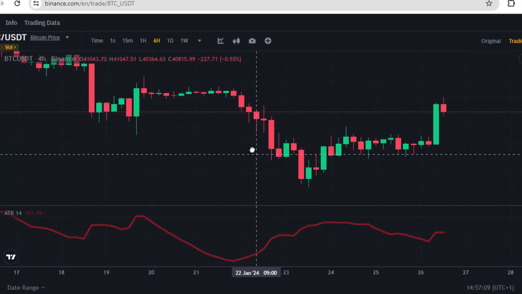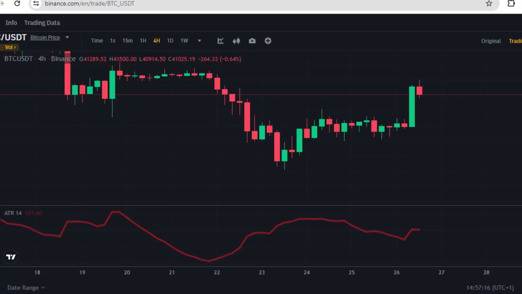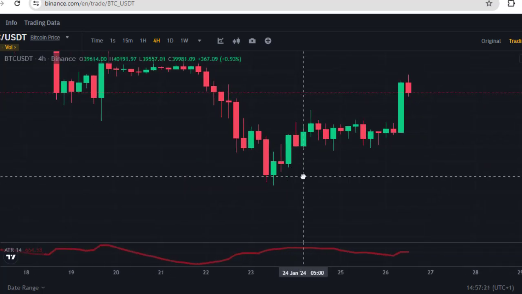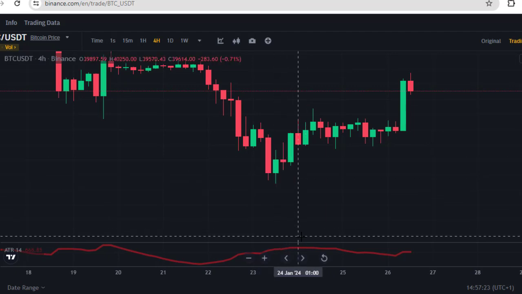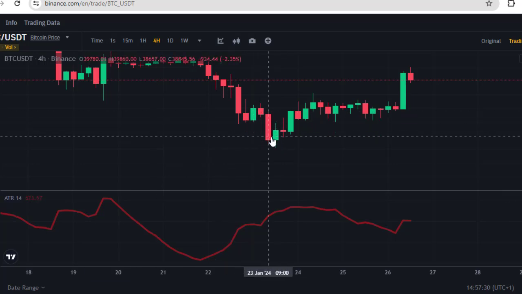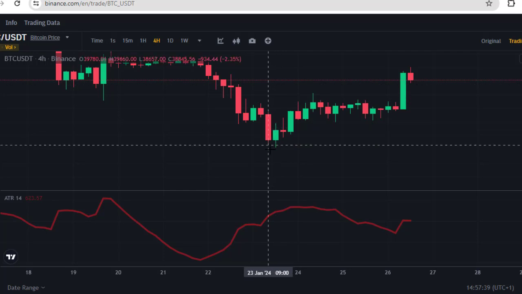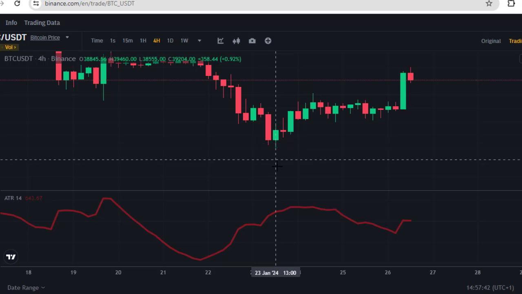So how can you then use the ATR indicator? So now I will talk about the ATR trading strategy and how you can use it. You use the ATR indicator for your stop loss placement. Okay, so if you look at the ATR value of this particular candlestick, you discover that the ATR value written right here is $643. What this means is that the market has the capacity of moving upward $643, and the market has the capacity of moving downward